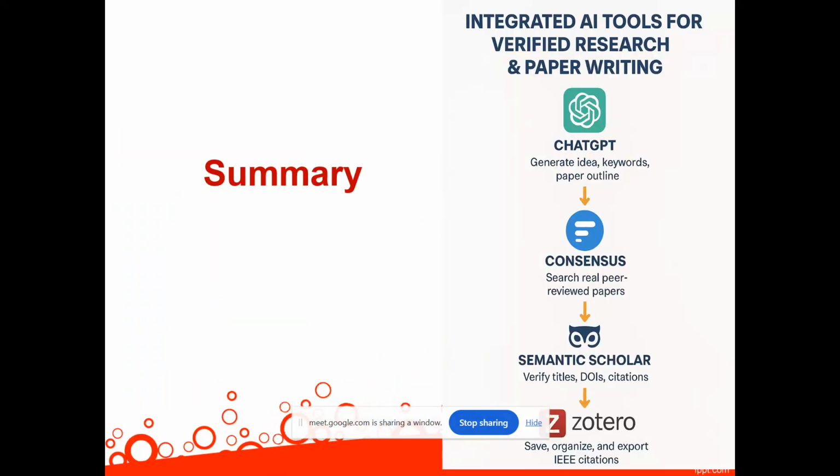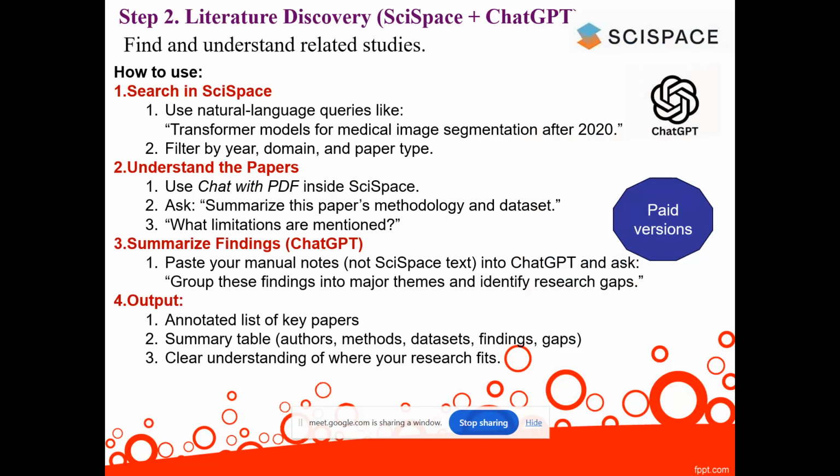So this summary is clear. ChatGPT we will use, then we'll use either Semantic Scholar or Consensus. Then we can use Zotero for organizing the references. Now, as I told you, we will dedicate some time for literature review itself, because sometimes we write a paper just for the literature review alone. In the initial stages of research, for example during PhD coursework, we need to start with the literature review, because in our thesis, whether UG, PG or PhD, one chapter is dedicated to the literature review.